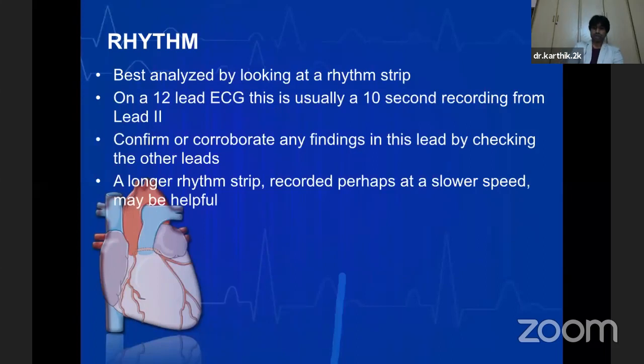So having quickly calculated the rate of the heart on an ECG paper, we go next to the rhythm of the heart. The rhythm is a very tricky situation, which is very important to know, because just by looking at the ECG, its rhythm and the rate, you can diagnose some of the lethal arrhythmias in a flash of a second. So the rhythm is first best analyzed by using the rhythm strip, which is the lead 2 on a 12 lead ECG. Usually it is taken and represented at the bottom for a 12 channel lead ECG. And you have to see the rhythm strip and corroborate the findings by looking at the other leads.